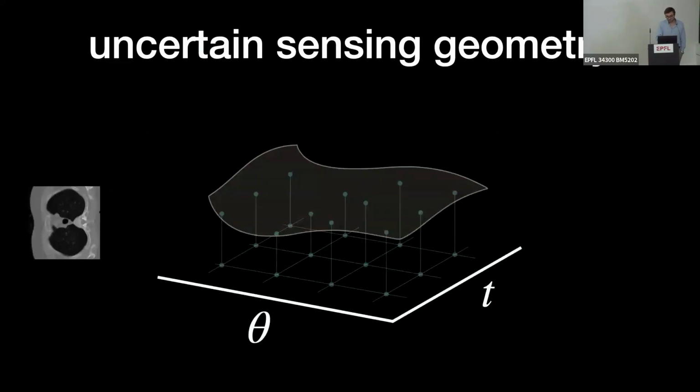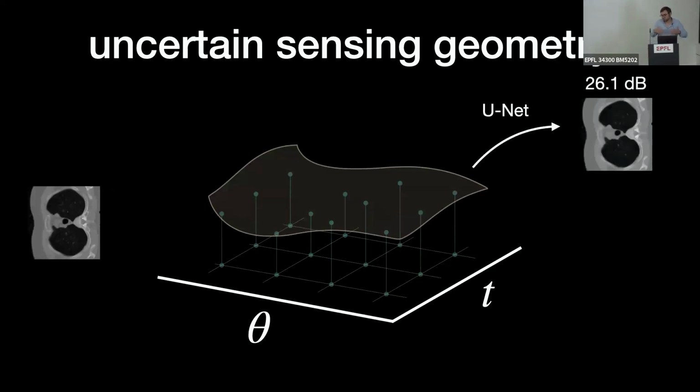One example could be that maybe you don't know the sensing geometry. So you collect a sinogram, you collect measurements about an object. The sinogram is just a collection of projections at different angles theta, and each projection is then a line. And so this sinogram is fundamentally a continuous object. We must sample it, so we sample it at some discrete set of points. We assume that we know these points. Then we can build a data set and train a network.